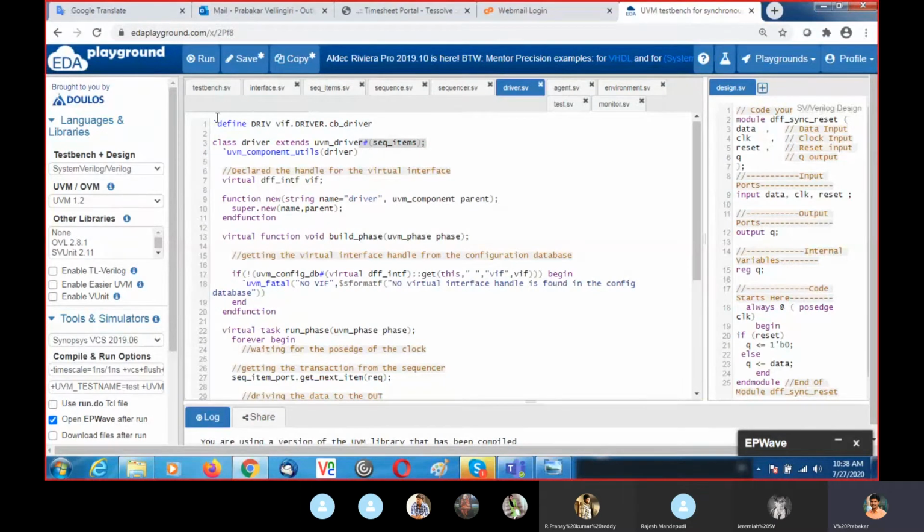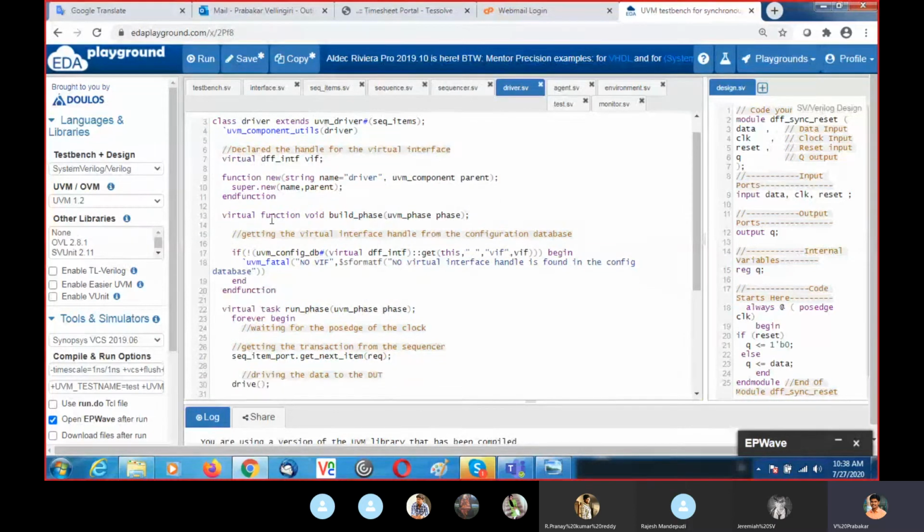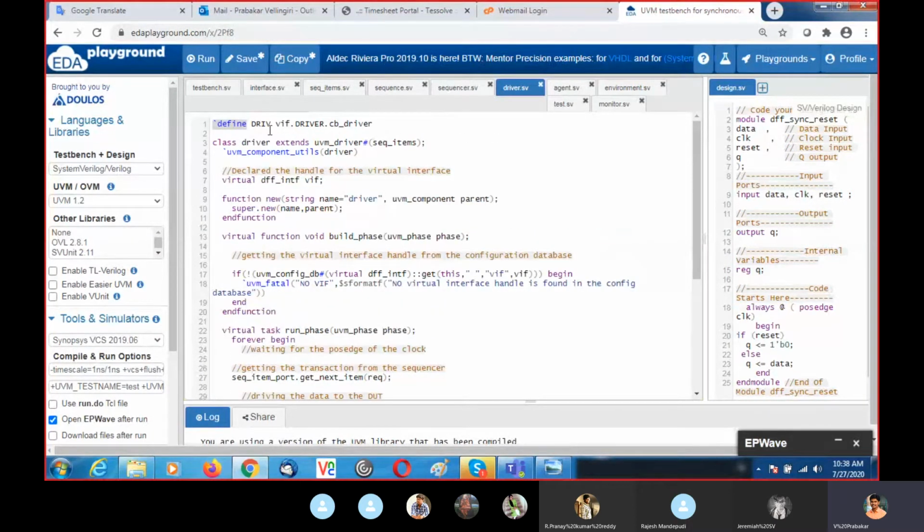Okay. Then here I am using, instead of passage of clock, the clocking block which is present in the interface. To avoid writing this line every time, I define this line as DRIV, by using define. Okay. This is a compiler directive. Using that, instead of writing this line, I can write tick DRIV. So I defined it here. Then in driver part, I register the driver to the factory.